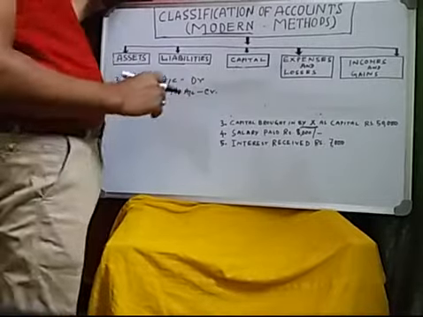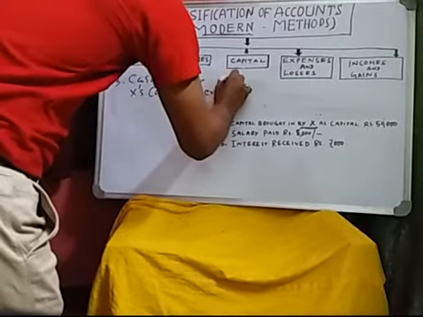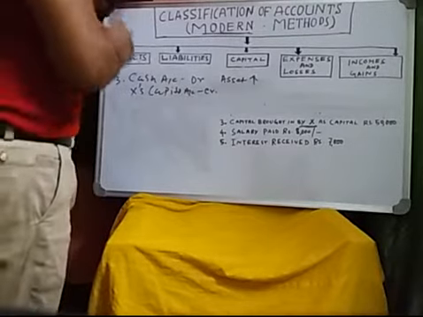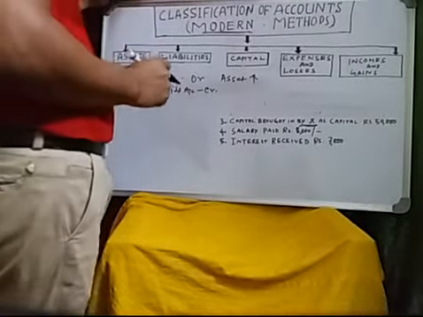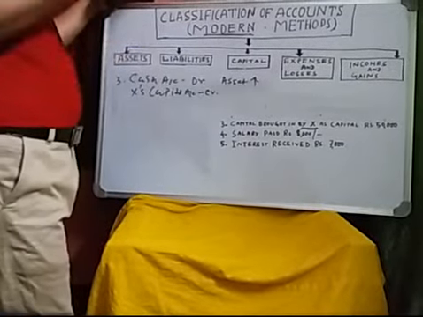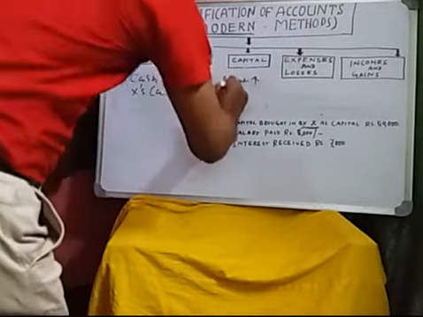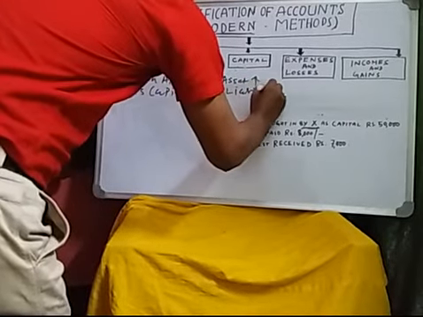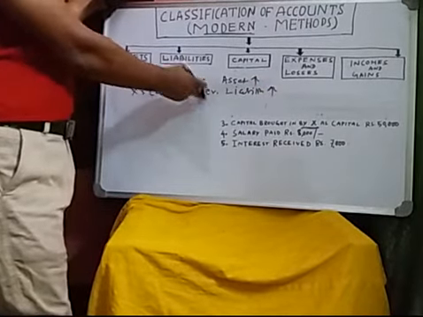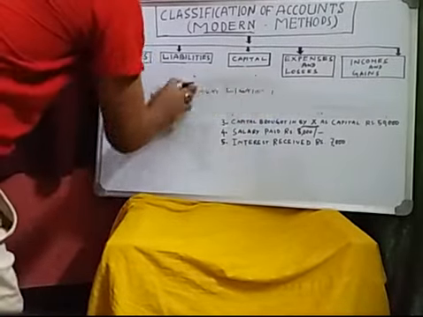So from the modern method, what is the logic for debit and credit? Cash is debit because cash is an asset and the value of asset is increasing in the business. So that is why cash is debit. And why capital credit? Because capital is a liability of the business, to the owner of the business, X. The business will have to pay the 50,000 to X. So that is why the liabilities increased. So we know that if liabilities increase, it will be credit. So that is why capital, X's capital, is credit. Clear on this?